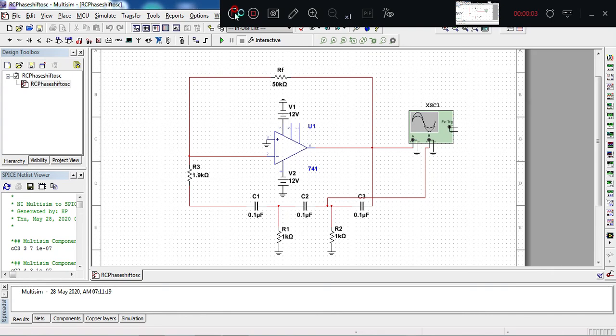Hello students, in this video we will see the RC phase shift oscillator. This is a circuit where we are using a 741 op amp, with power supplies VCC and VEE connected,